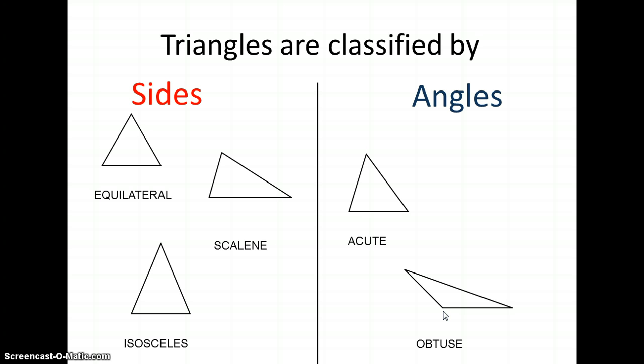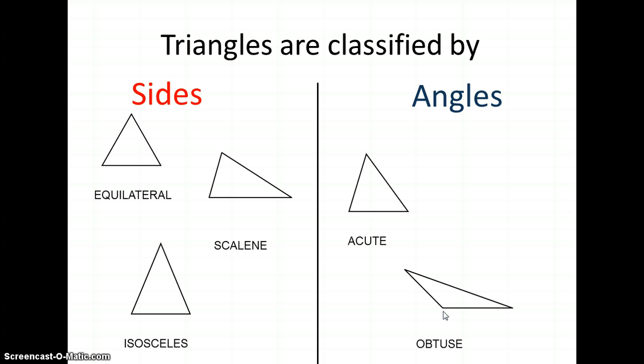It is impossible for a triangle to have two obtuse angles because, if you'll recall, the sum of all the angles in a triangle is 180. So if I took two angles that were more than 90, such as 91 and 100, I would have 191 degrees just on those two angles. And I couldn't have a third one then, because a triangle can only have 180 degrees as the sum of